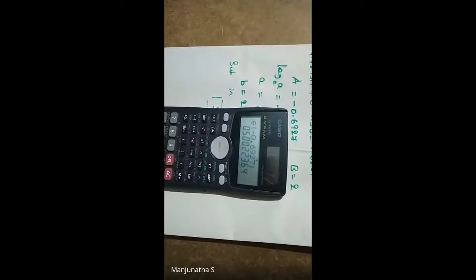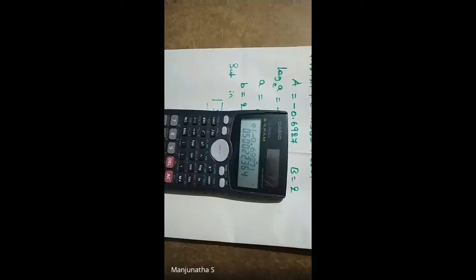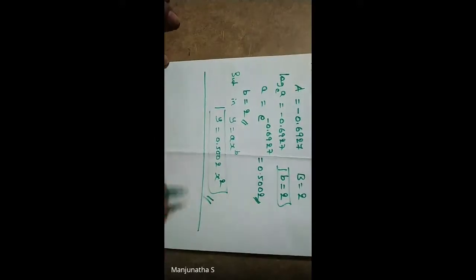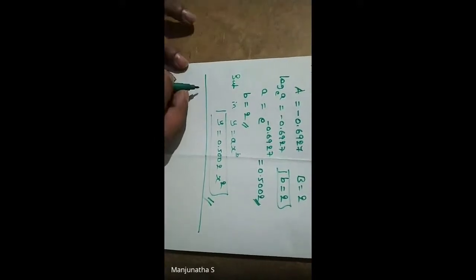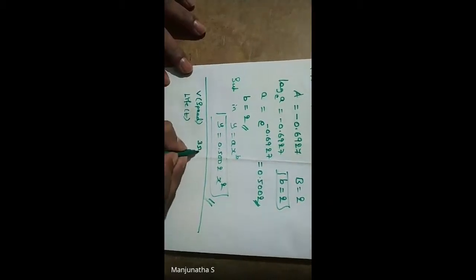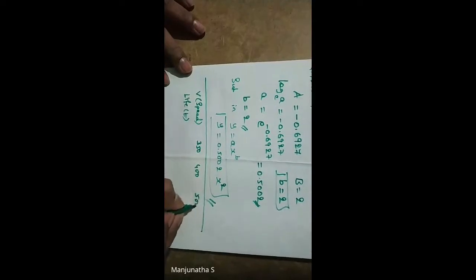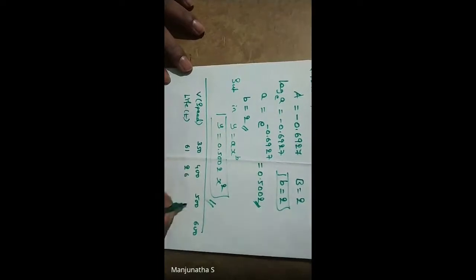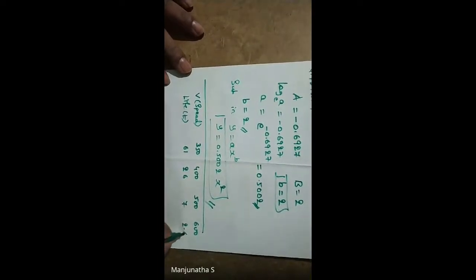Another problem is there in your note. I'll give the question, so you need to solve it. But now in this question, those who have any doubts, you can ask me. I'll give the data. Everyone should do it by this evening and send it to me. I'll give only the data; the full question is there in your note. P is nothing but speed. Life is nothing but speed. 350, 400, 500 and 600. Here it is 61, 26, 7 and 2.6.